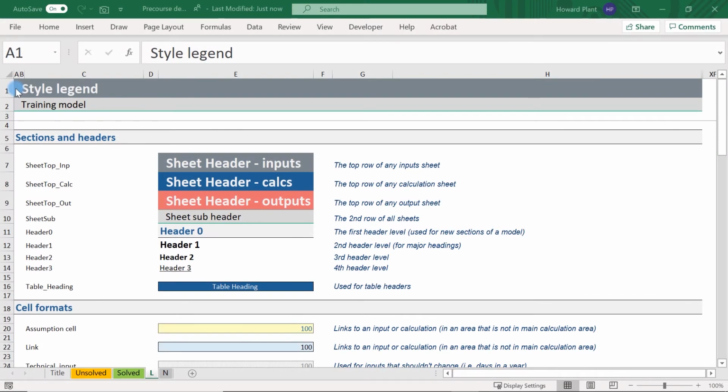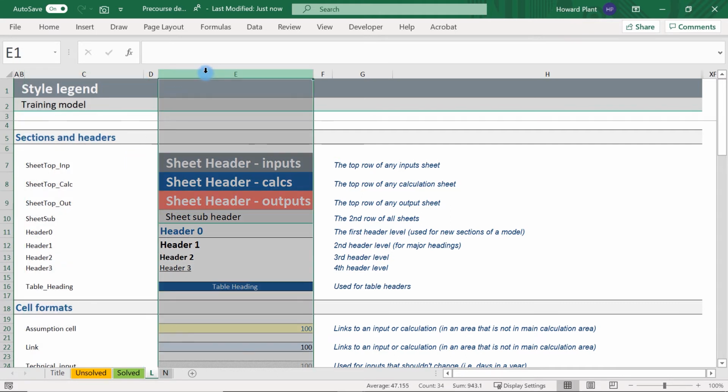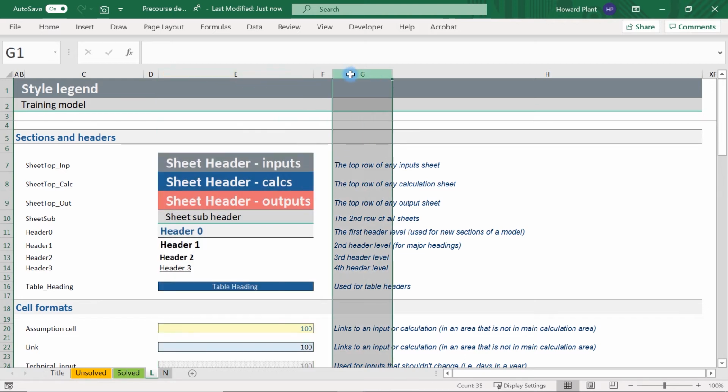And I am in the style sheet called L of the pre-course demos file. This sheet is in all of our demo models and the quarterly model that you will also build. And you can see here in column C, we have the name of the style. Column E applies that specific style, showing the user what it looks like. And column G includes the description of a style. We won't go through every style on the sheet because they are best explained as we need them. But we will learn how to create a style in Excel